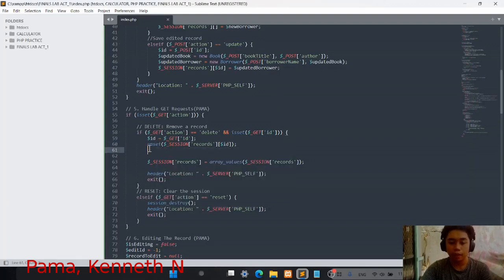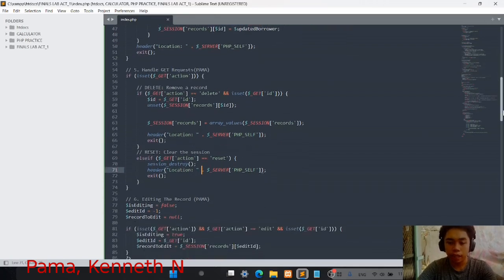Then this line of code will rearrange the indexing of the data. After that, it will exit. Then it will clear the session. Session destroy means that it will just delete all the data.